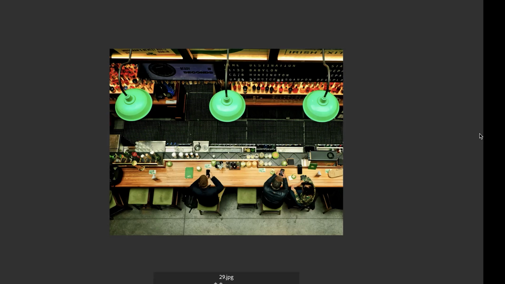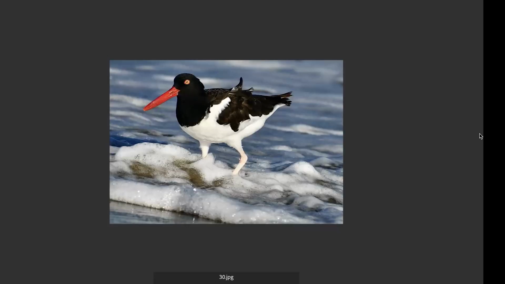But actually, it's a very nice bird, and the foam. It's not something I would typically go for, but I think it's really well done, and you feel the breeze and the joy. So I'll say an A. The color pops and the texture of the foam pops, and nature's beautiful.